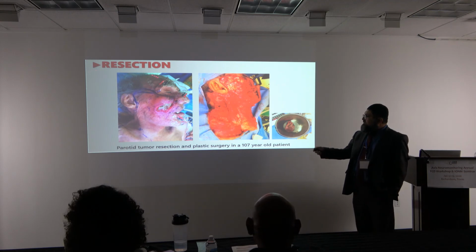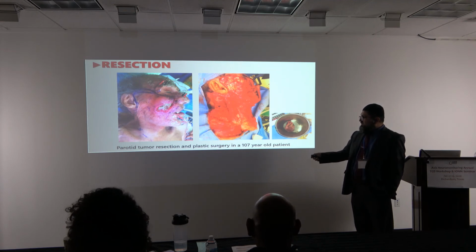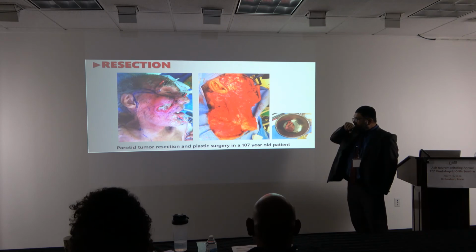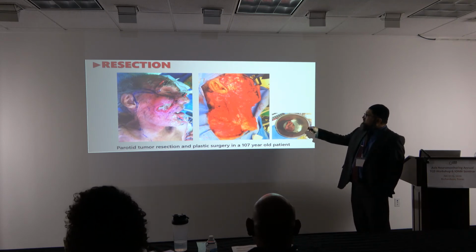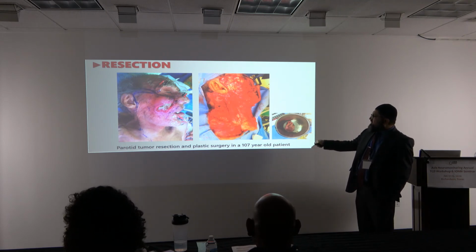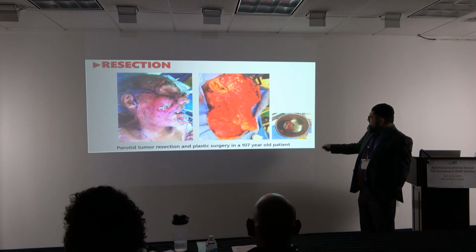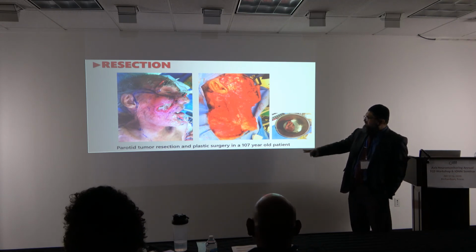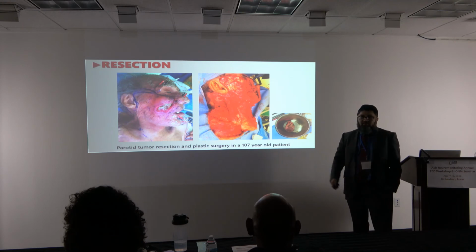So what we did, we mapped out the facial nerve. We did all the branches of the facial nerve: orbicularis oculi, frontalis, nasalis, orbicularis oris, and mentalis. So we took out the whole skin, flipped it back. You can see all the way from the clavicle, everything. We took this tumor out, and the plastic surgeons pulled back the skin and put it back.